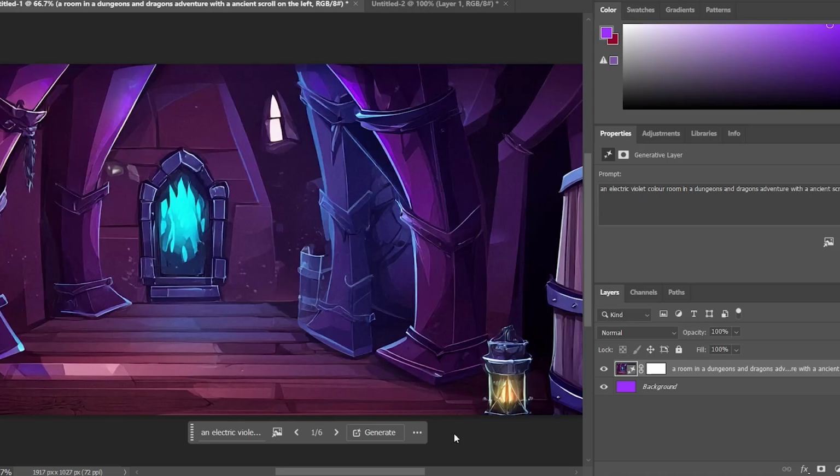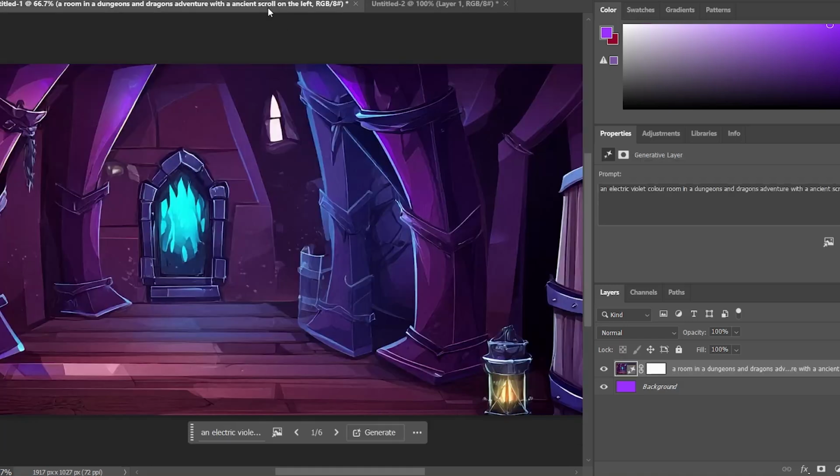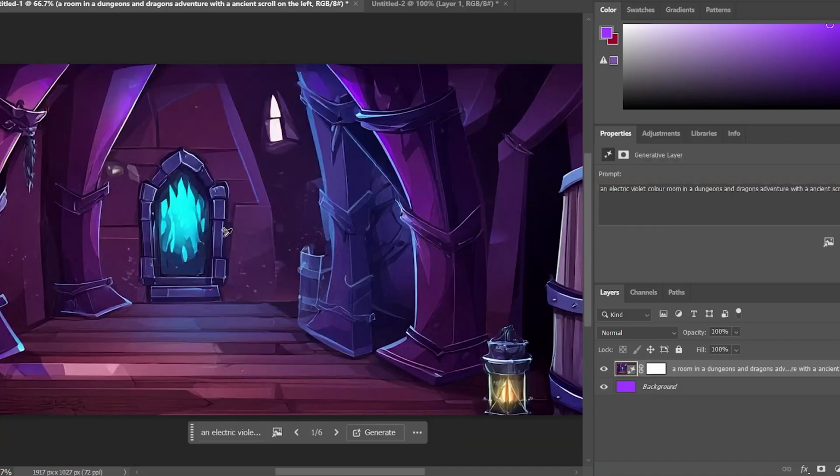That's much better. Let's compare that with that color there. Yeah, I'm okay with that. Close enough. And then what was it I asked for? I asked for an ancient scroll. I don't really see it. So